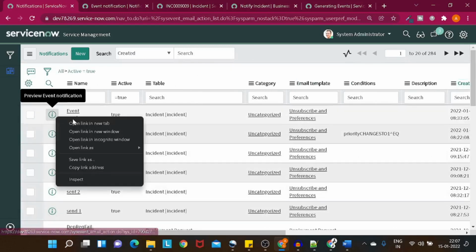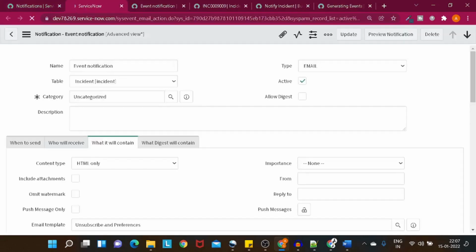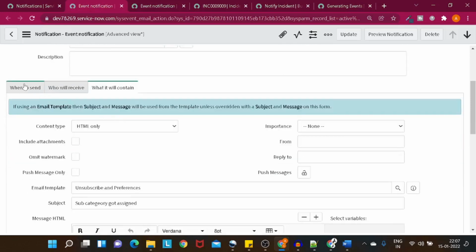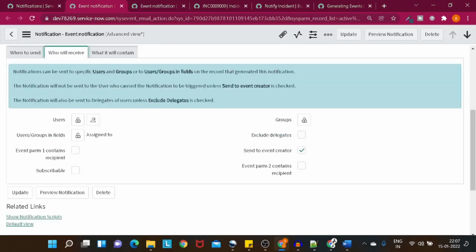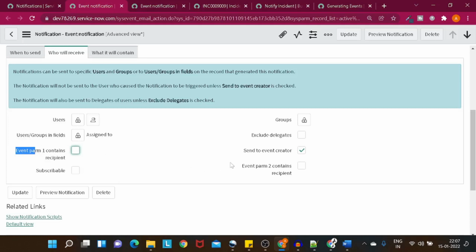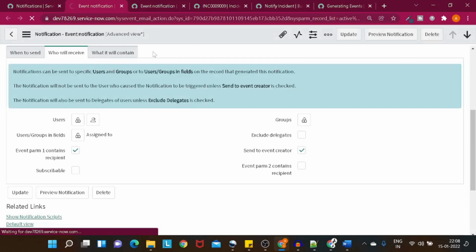Yeah, event notification. And now as we want to send the notification to the param1 also, you have to do some adjustment in the notification. So you can go to who will receive, and you can simply have this checkbox, right? Event param1. Do you want to send the notification to event param1? Do you want to send the notification to event param2? So yes, we want to send the notification to event param1. Event param2 we will not define because it's empty only, right? So I will save it out,